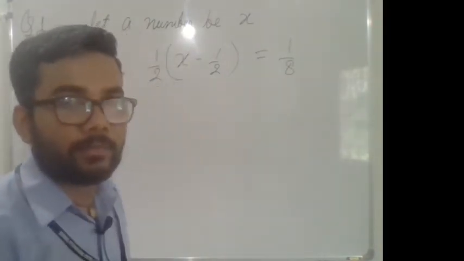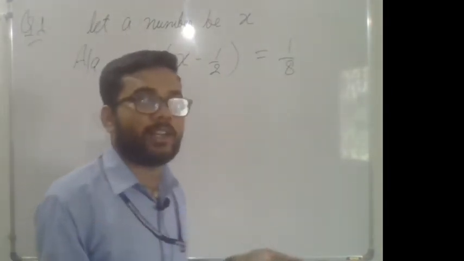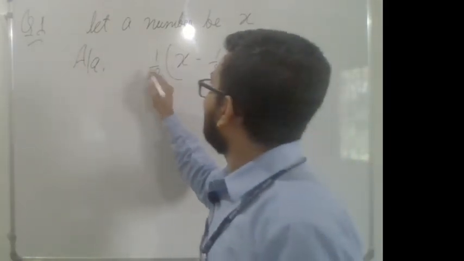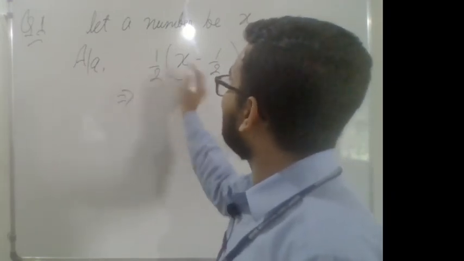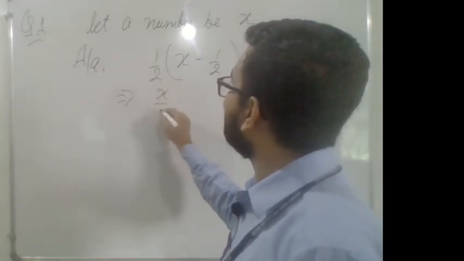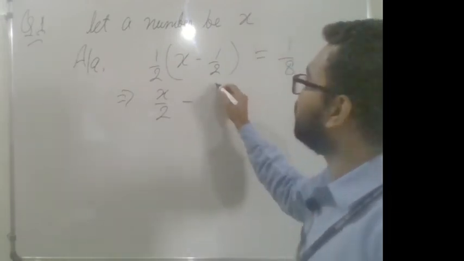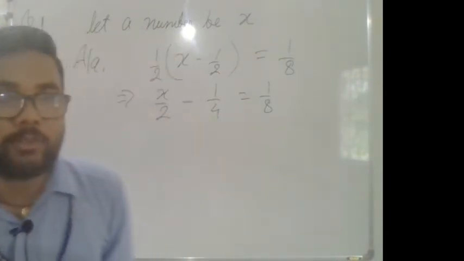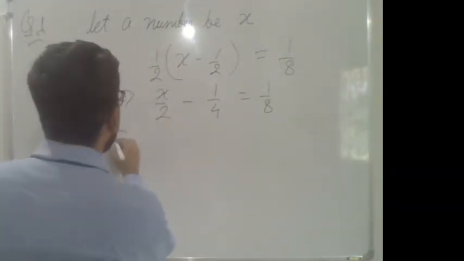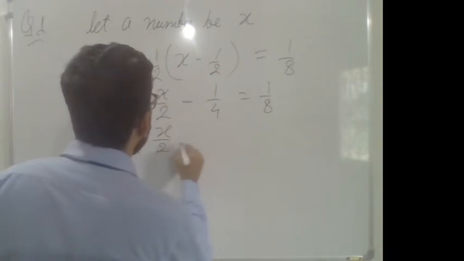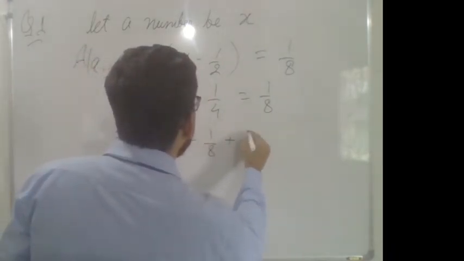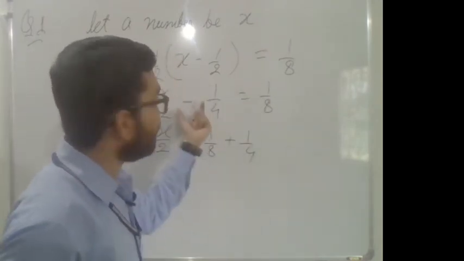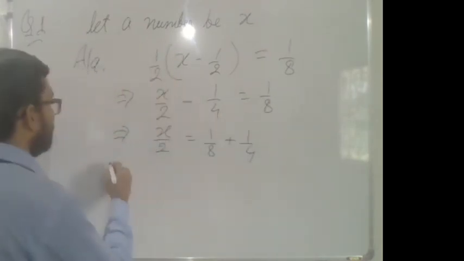This is an equation. Now you all know how to solve the equation. You just first break the bracket. 1 by 2 into x is x by 2, minus 1 by 2 into 1 by 2, 1 by 4, that is equal to 1 by 8. This is a linear equation in one variable. You just put all the constants on one side: x by 2 equals 1 by 8 plus 1 by 4. When it is transposed to the RHS, it becomes positive. So x by 2,